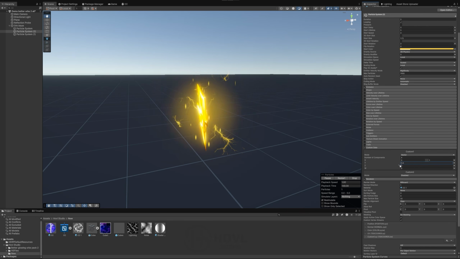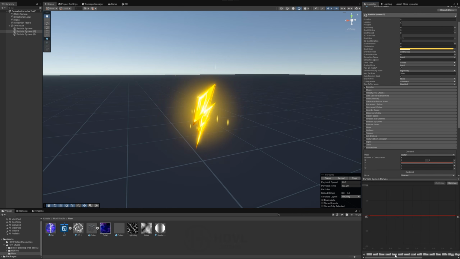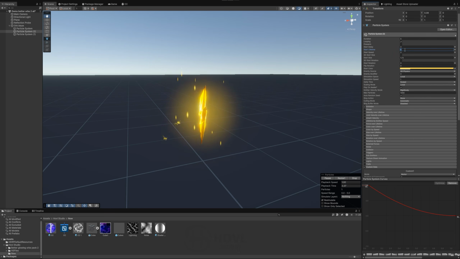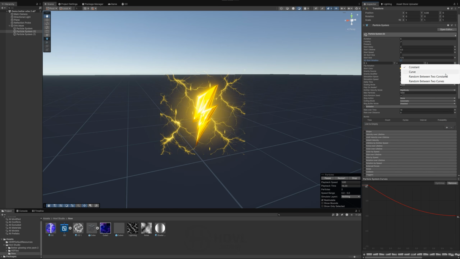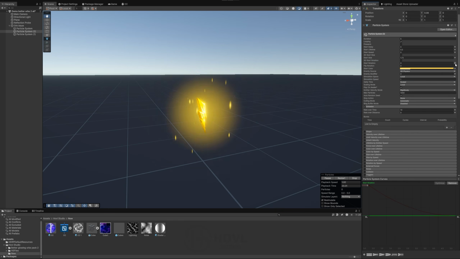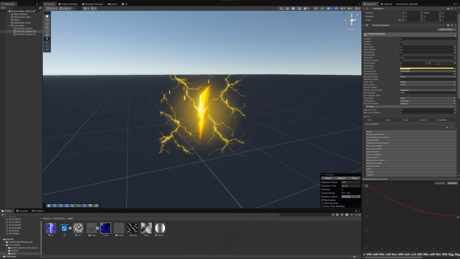So make this value from a curve from 1 to 0, or maybe change the lifetime to maybe 0.2 and emission set to rate over time 10. Set random start rotation from 0 to 360 degrees,